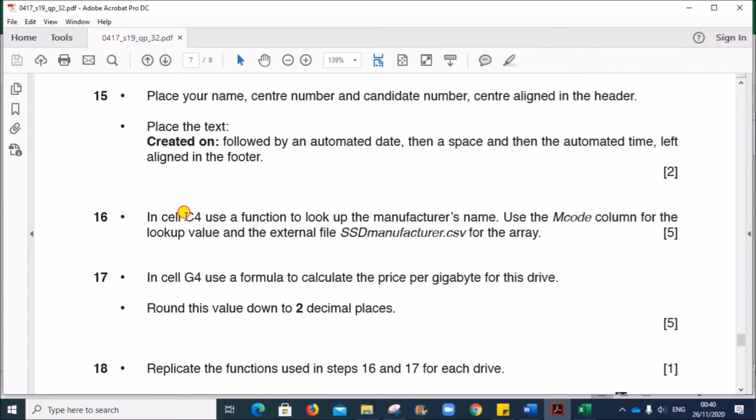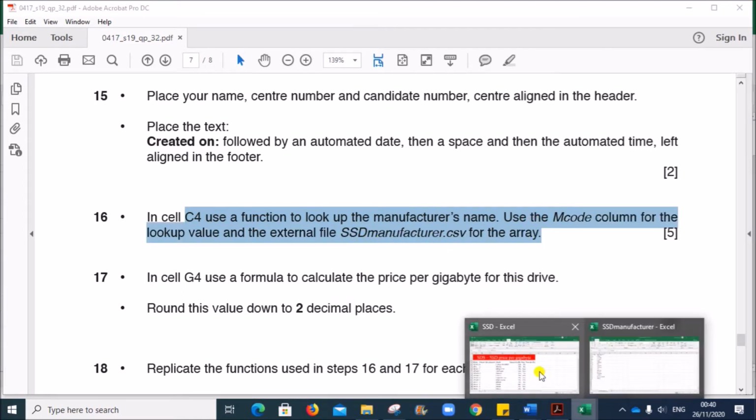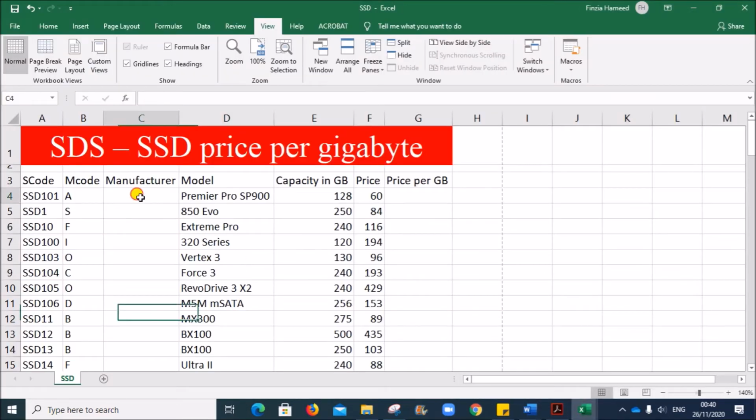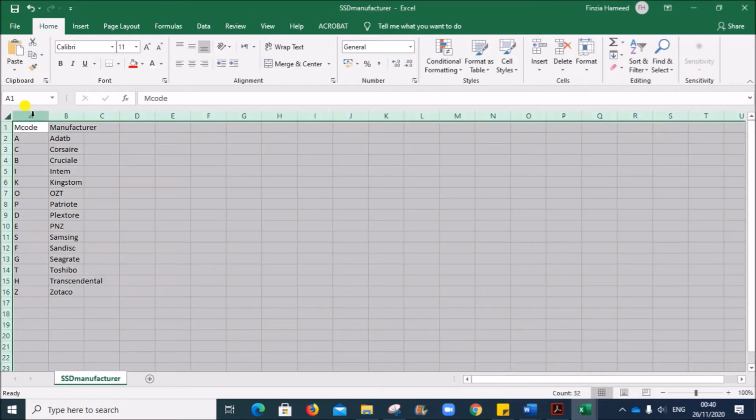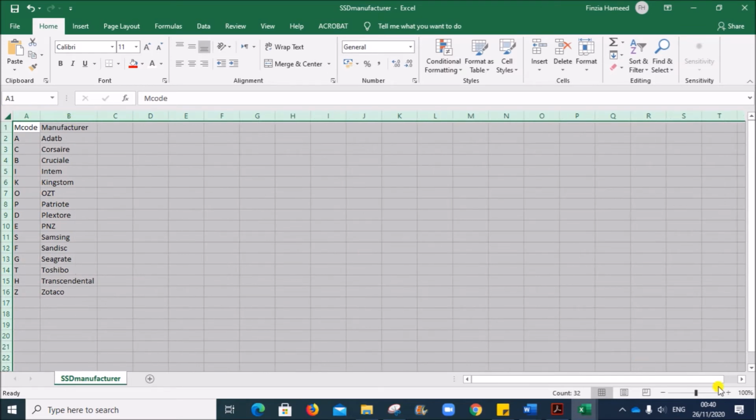In cell C4, use a function to look up the manufacturer's name. Use the M-code column for the lookup value and the external file SSD manufacturer. In cell C4, we have to use a VLOOKUP function because we need to look up the manufacturer name from this file. So it is given like this.